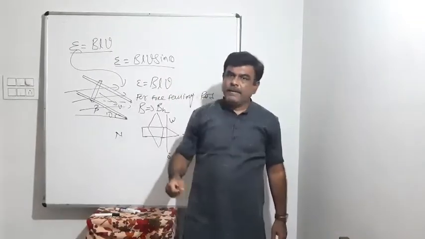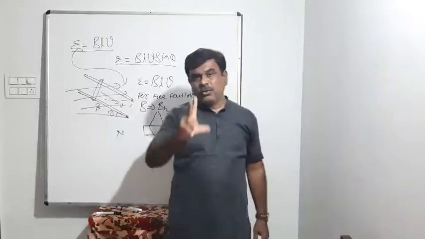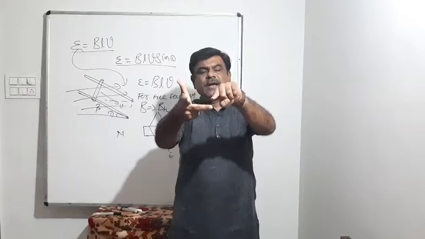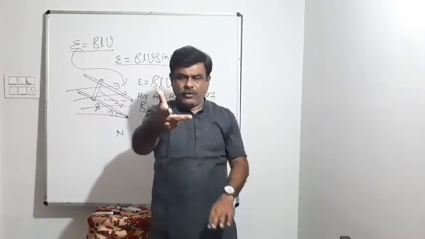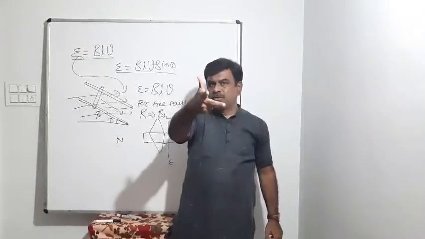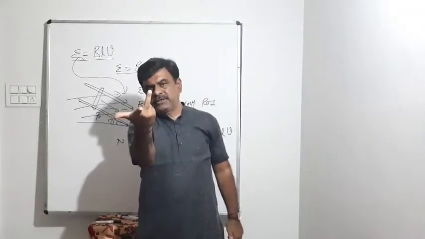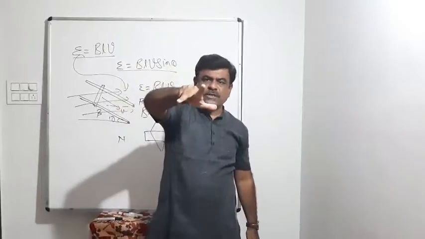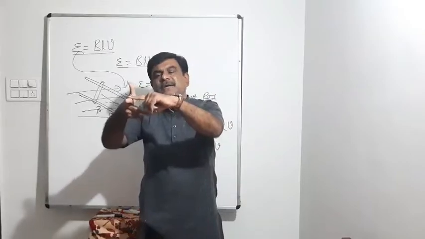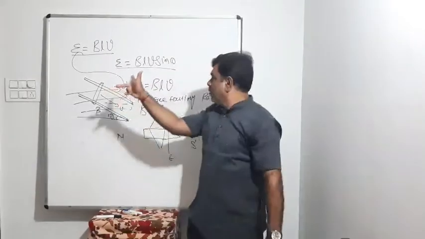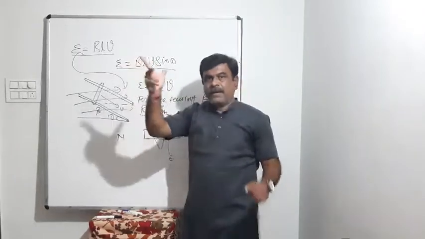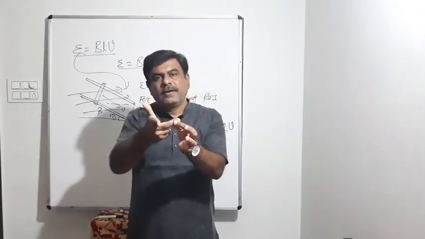Again I repeat, how to apply Fleming's rule: stretch all three, thumb, index finger and middle finger, mutually perpendicular. This represents motion. Like if motion is towards east, you will put it towards the east. Towards the west, you will push towards the west. If it is vertically downward, you will put it vertically downward. This represents the direction of the magnetic field: going into the plane of paper, coming out of the plane of paper, vertically upward, whatever. And this gives the direction of induced current.